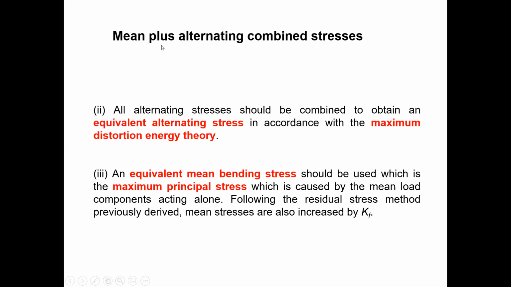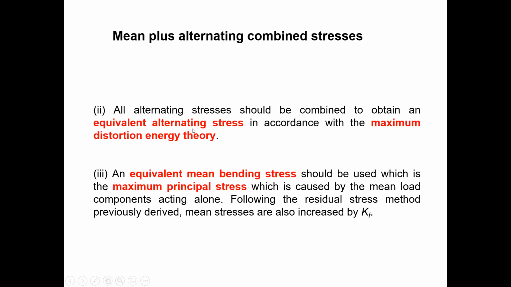So the mean load means it will be the axial load. You don't have an axial load in that particular question. There is only torsional and bending load. So the alternative stresses should be combined to obtain an equivalent alternative stress in accordance with the maximum distortion energy theory. As I told you in the first example we discussed, if we have different types of alternative stresses,